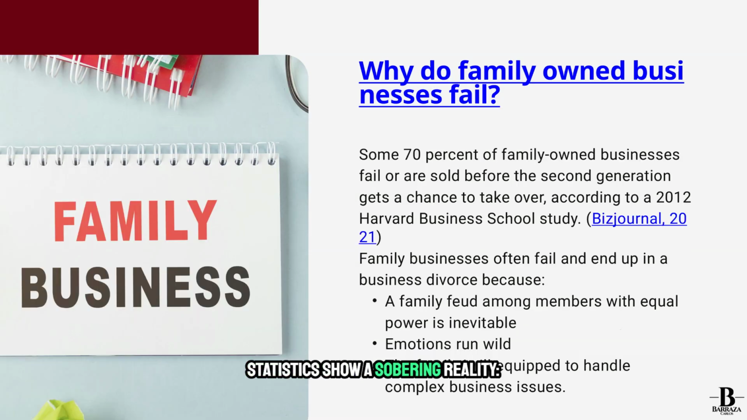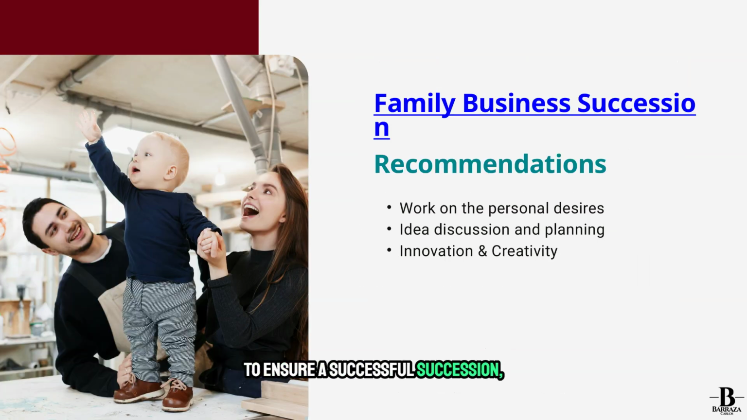Statistics show a sobering reality. Nearly 70% of family businesses fail or are sold before the second generation can take over. Common causes for these business divorces include inevitable family feuds, uncontrolled emotional dynamics, and a general lack of preparation to handle complex corporate issues. To ensure a successful succession, we recommend focusing on personal desires, open idea discussion, and formal planning. It is vital to foster an environment of innovation and creativity to help the business evolve rather than stagnating